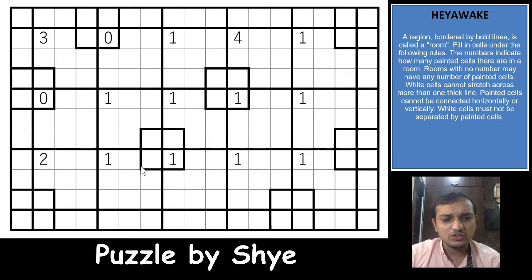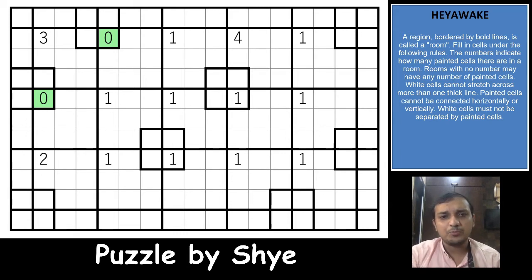And now coming on to this puzzle, according to the rules of Heyawake puzzle, we need to shade some cells in the grid in such a way that no two shaded cells are adjacent to each other, right? So if you have a shaded cell, you cannot have a shaded cell adjacent to it. All of the white cells in the grid will have to be connected to each other. The number in the region indicates how many of these cells are shaded in that region, right? So if it is a 0, it means no cell would be shaded. If it is a 1, out of these 8 cells only one cell would be shaded.